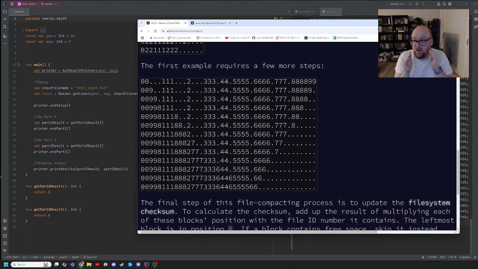It'd be a really, well, I guess in a worst case, it would be an array of size 200,000. Maybe that's not that bad, but